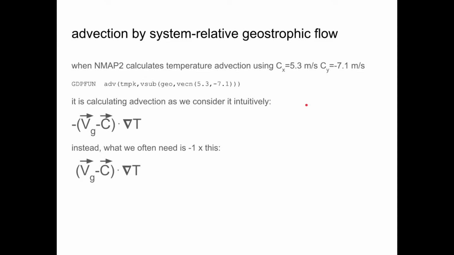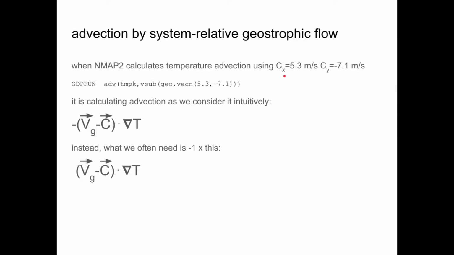Well, we can combine that with the actual advection and determine the advection by the system relative flow. And in this case, we're interested in the geostrophic wind, since the geostrophic wind does the advection in the quasi-geostrophic equation set. So when something like EAPS433 or GenPack calculates temperature advection